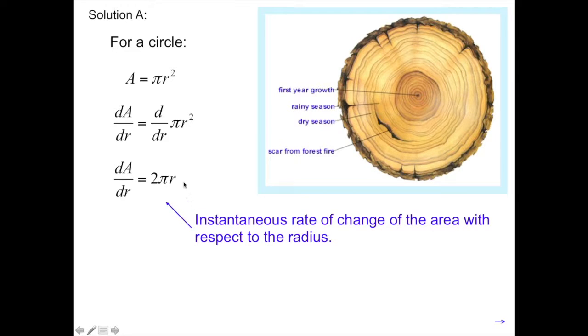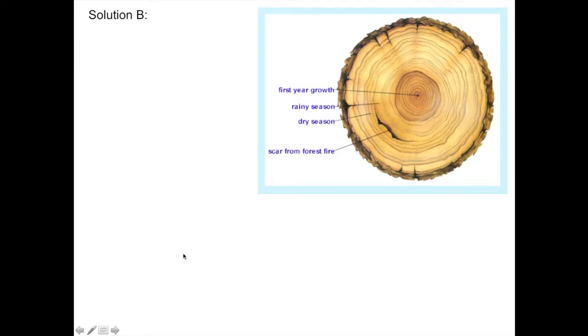And so we refer to this expression, this 2 pi r, as the instantaneous rate of change of the area with respect to its radius. So the farther I go out, the bigger this number is. We're going to look at that in a little bit. For this specific example,